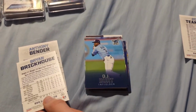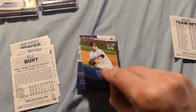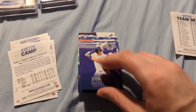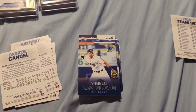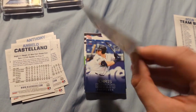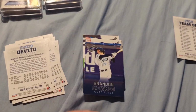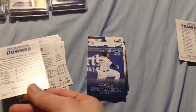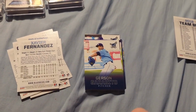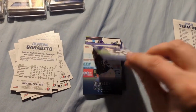Brian Brickhouse, DJ Burt, Justin Camp, Gabriel Cancel, Angelo Castellano, Christian Castillo, Chris DeVito, Brandon Downs, Xavier Fernandez, Gerson Garabito, Grant Gavin,